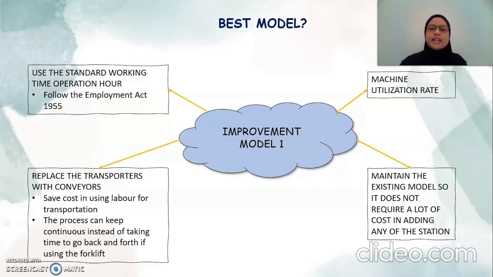And the second reason is we maintain the existing model design, except we just replace the forklift with the conveyor, so it does not require a lot of cost in adding any station. And the third reason is we replace the transporters with conveyors in order to save costs in using labor for transportation like the existing model, and the process can keep continuous instead of taking time to go back and forth